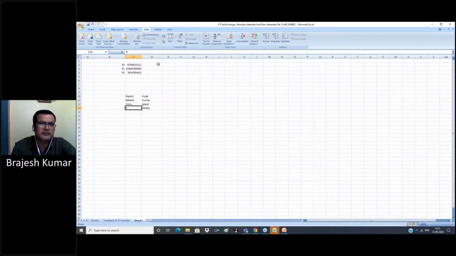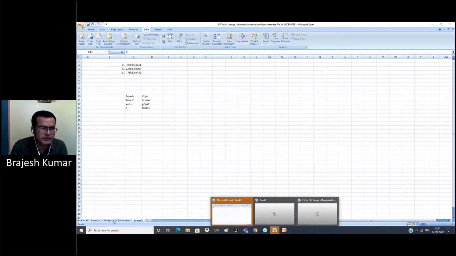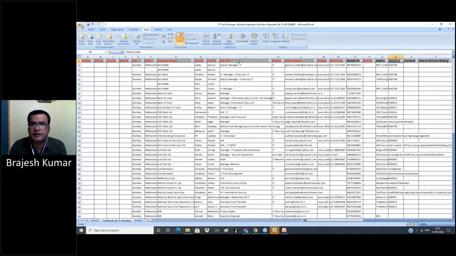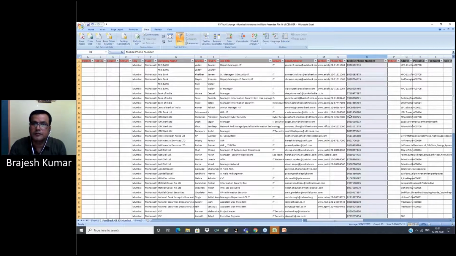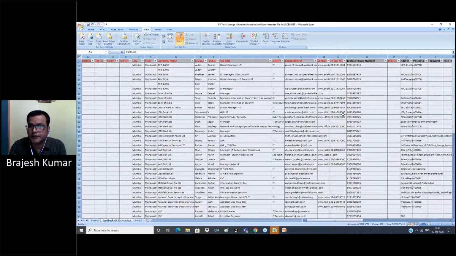Remove Duplicates. Suppose we want to remove duplicates from this mobile phone number column in our sheet, the duplicate mobile numbers.